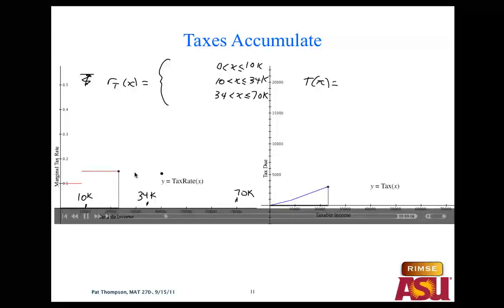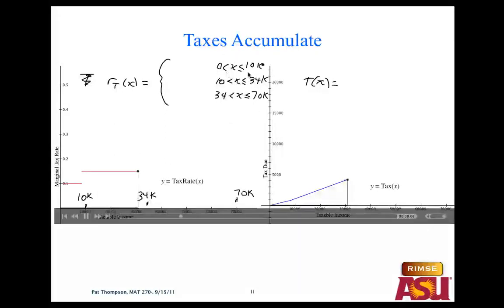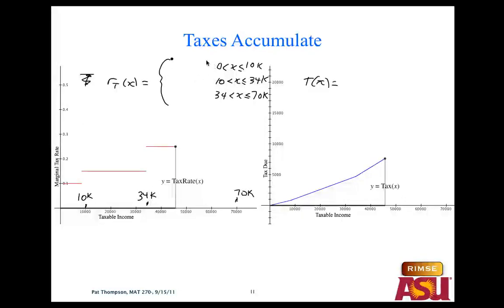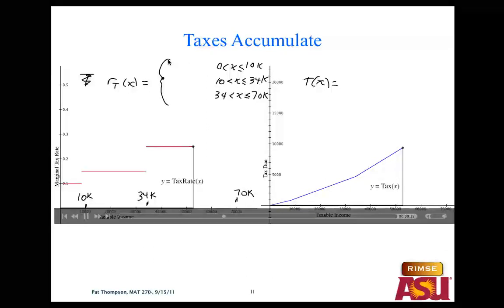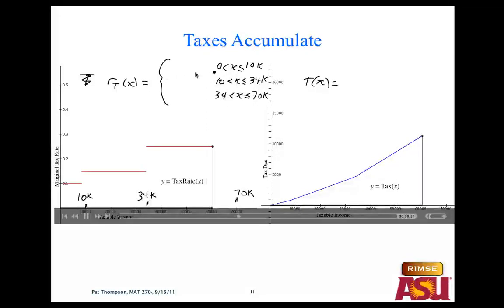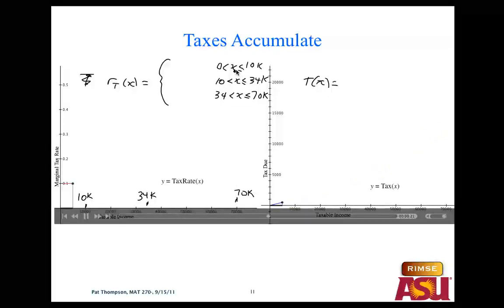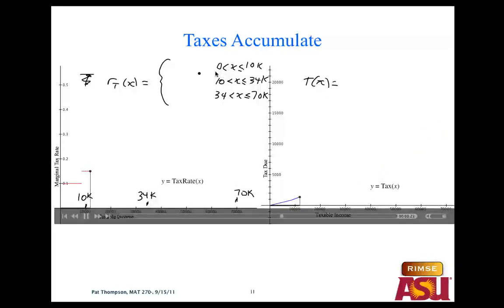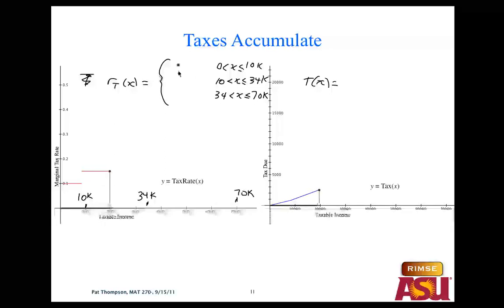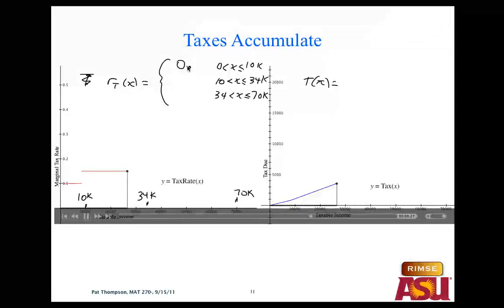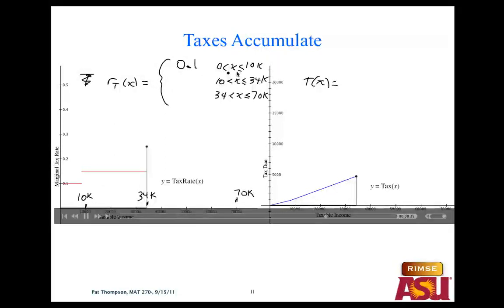Okay, so we know we had to break this up in pieces, right? In that first taxable income from 0 to 10,000, what would be our rule for the tax rate? What should we get out of this function if we plugged, say, x equals 5,000 in or x equals 7,000? What should come out? 0.1. No matter what x value we put in from 0 to 10,000, 0.1 should come out of the function, should be the tax rate. All right, and then similarly,